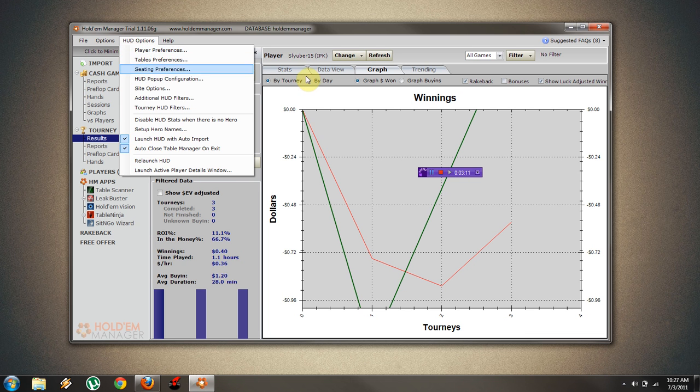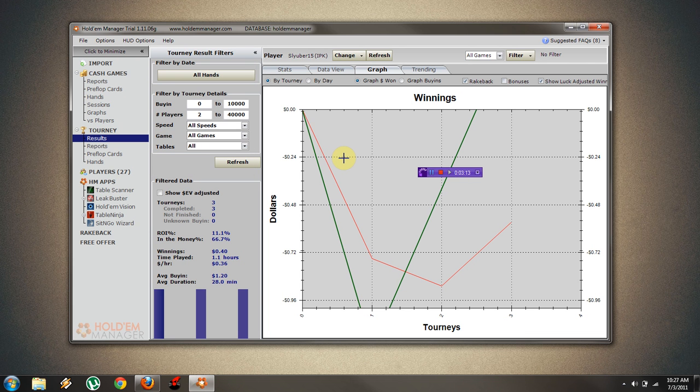Now, the other thing I'm pointing to right now is the HUD. And what the HUD does is it's an extremely, extremely useful tool. Oh, I can't say it enough. Basically, imagine having player statistics that are collected in real time over the players that you're playing against, over the poker window. In other terms, imagine being able to basically know your player because your program is keeping track of them,